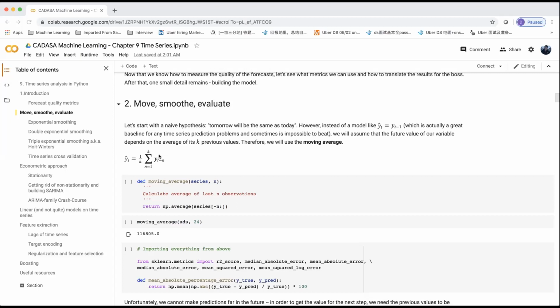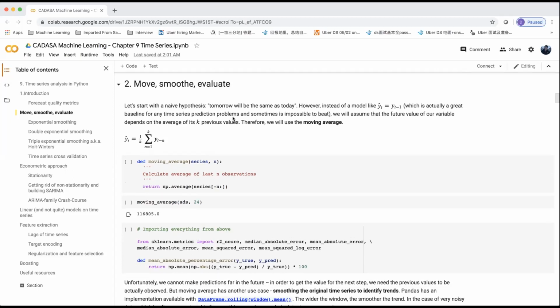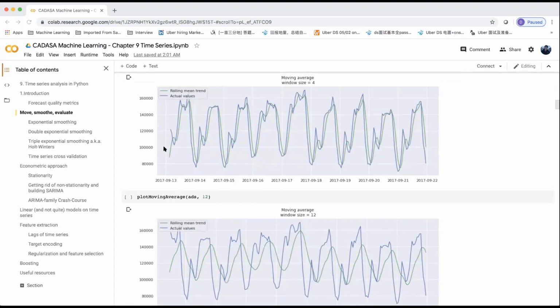Then you keep doing that. For example, here yt equals 1 over k, the summation of yt minus n. After you finish that, you get a yt hat, right? Then you can do it again for yt plus 1 equals 1 over k, the summation of yt plus 1 minus n. So you can keep doing that for prediction. Of course, this is a really sloppy kind of prediction because you only use the average. So that's one purpose. The second purpose is for smoothing,